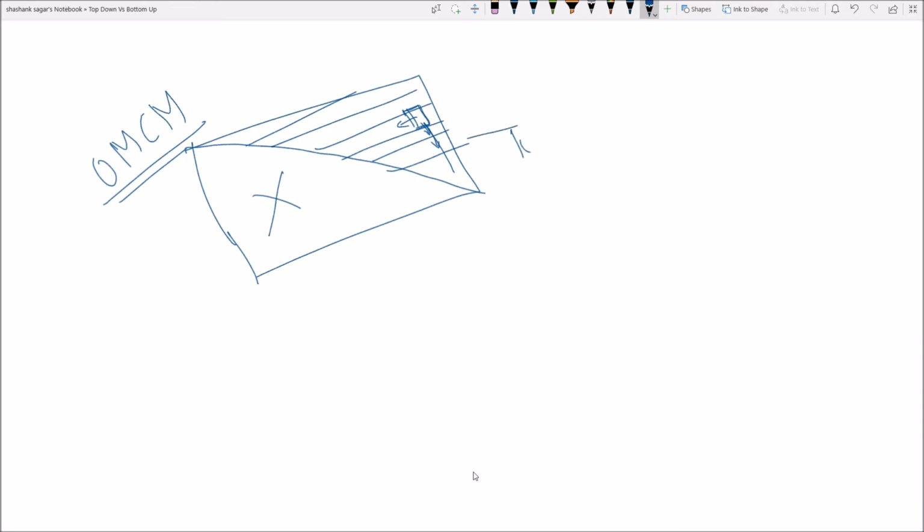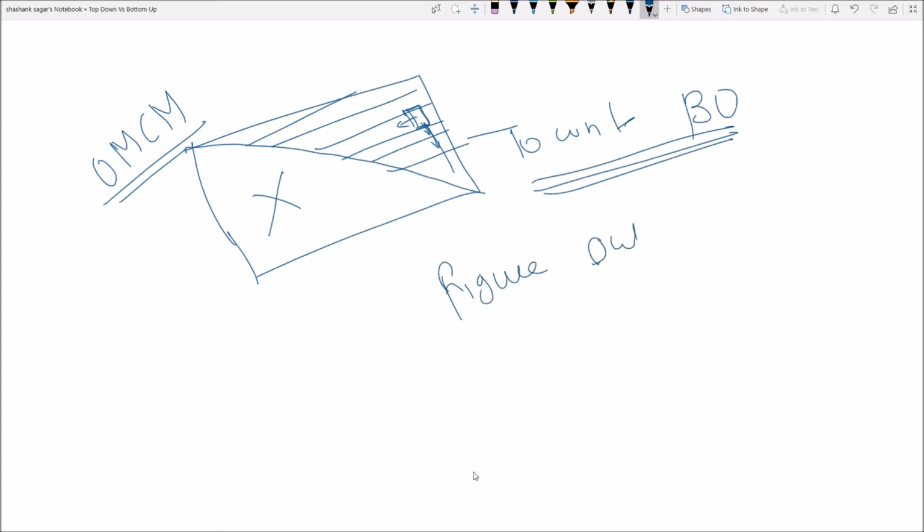So to write bottom-up code, first you will have to figure out the dependencies. That is, if I am calculating any value, my value may be dependent on what? That is, what place of my table. So first you need to figure out the dependencies. And once you have figured out the dependency, then you need to figure out how you are going to fill the table.